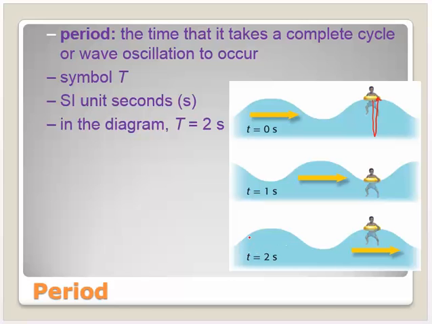Well, how long did it take then to get from, we're going to call this wave A to wave B? You see, here's wave A, here's wave B, and now we just have wave B, and wave C is starting to come. How long did it take to get from top of wave A to the top of wave B? It took 2 seconds. Notice that our units are seconds. Our symbol is a capital T, and this all stands for period.